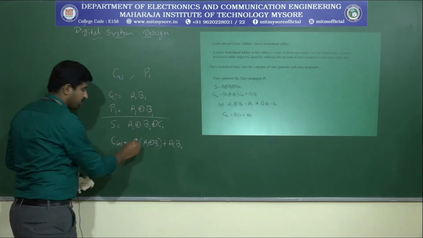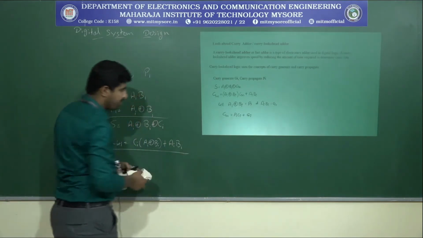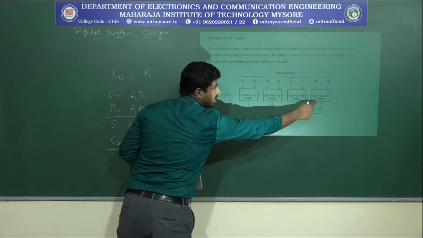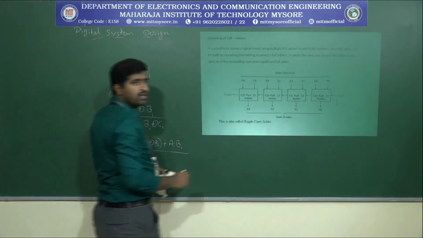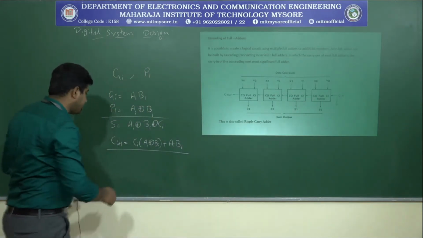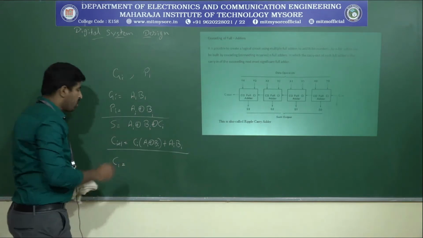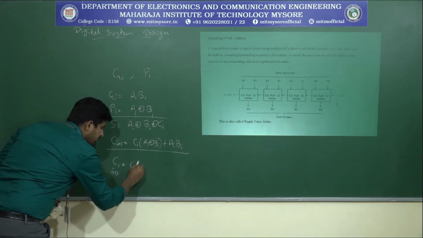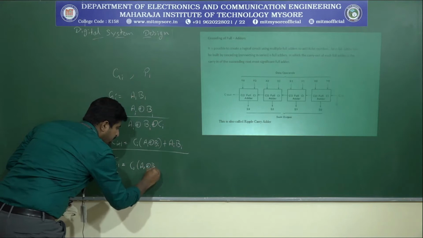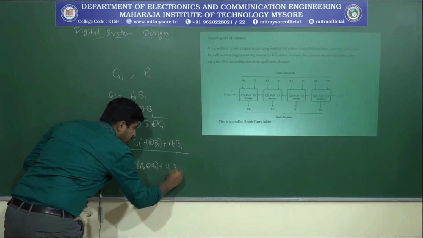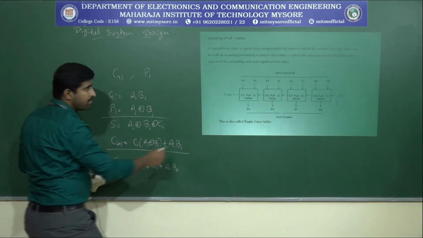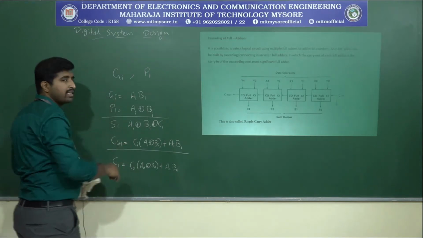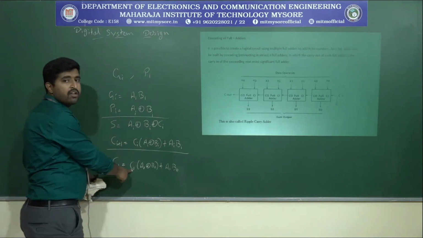Now, if you consider n full adder circuits in series, you need to calculate the carry generated from the first full adder. We consider the carry generated from the first full adder as C1, so i equals 0. That means C1 equals C0 into (A0 XOR B0) plus A0 B0. Here I have written A, but presented it as X, that's it. Hope you can understand. C0 is the carry input for the first full adder.